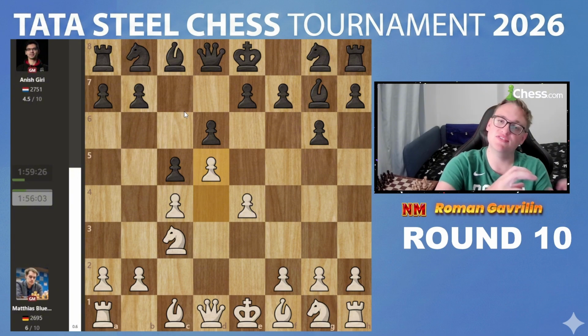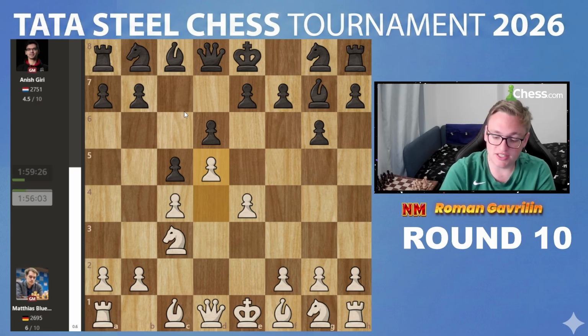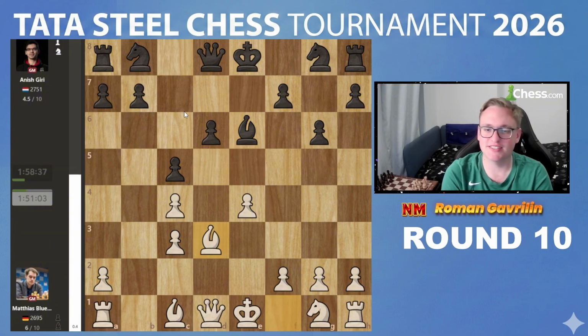But sometimes you have these moves where a computer thinks it's best, but practically speaking, it might be very difficult to play from a human standpoint. Therefore, you'll see what happens in the game. Dark squares are weak, and that's what Matthias will try to expose. So e5 is played, we have d takes e6 en passant, bishop e6, bishop d3, and now knight f6,